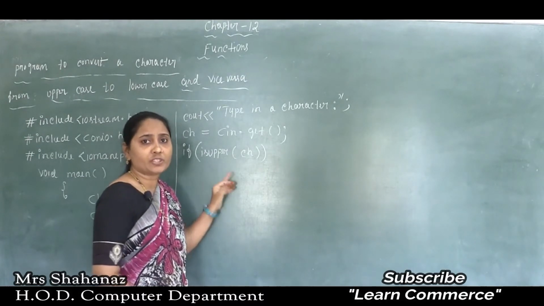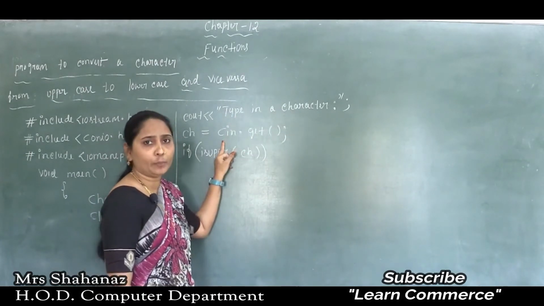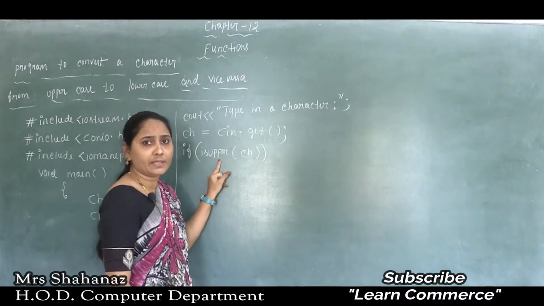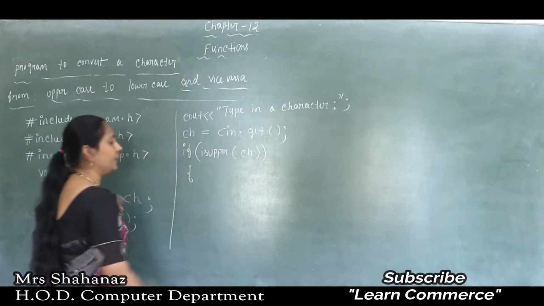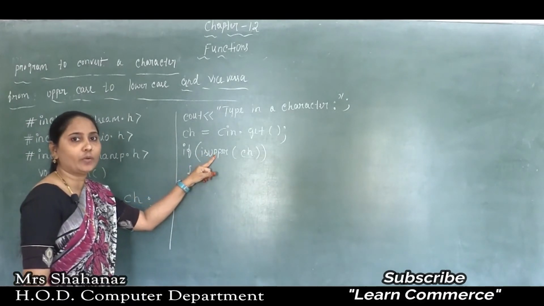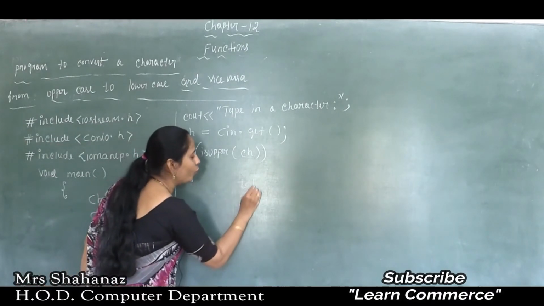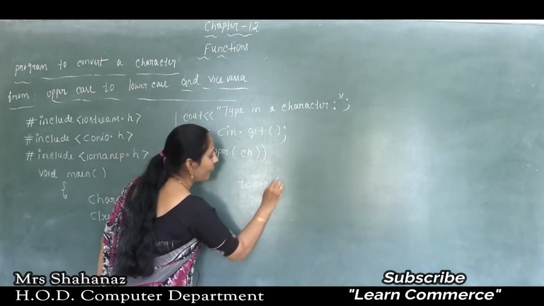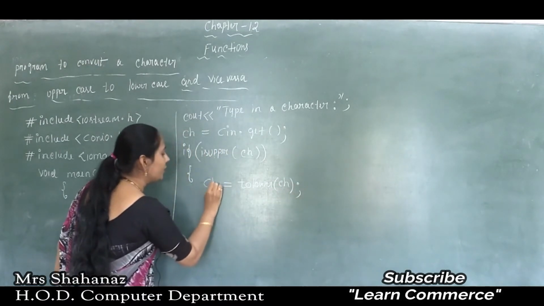First of all, when it displays the message "Type in a character", maybe you input capital letter S, which means the condition is true. After that, since the capital letter is there, I need to convert it into the small letter. So we can say ch = tolower(ch);